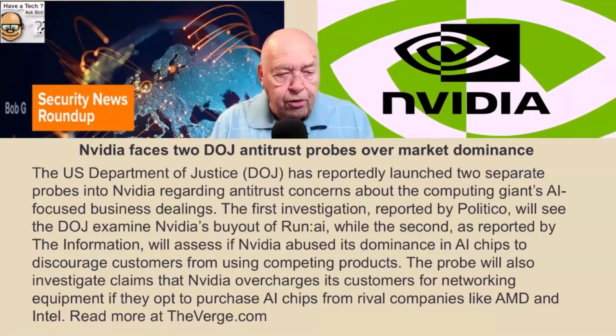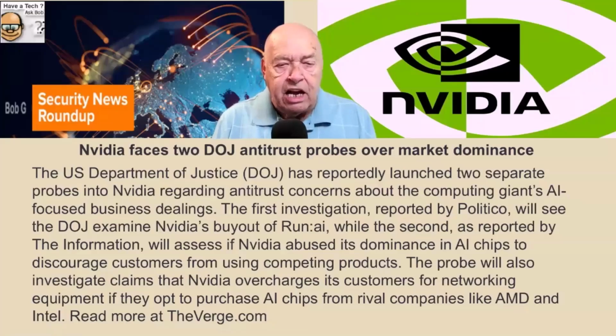The probe will also investigate claims that NVIDIA overcharges its customers for networking equipment if they opt to purchase AI chips from rival companies like AMD and Intel.